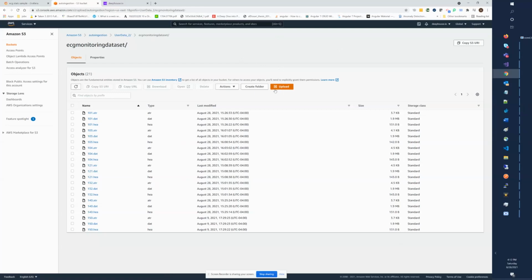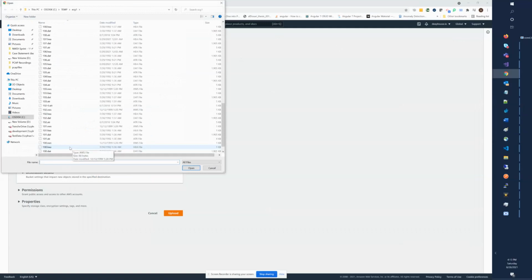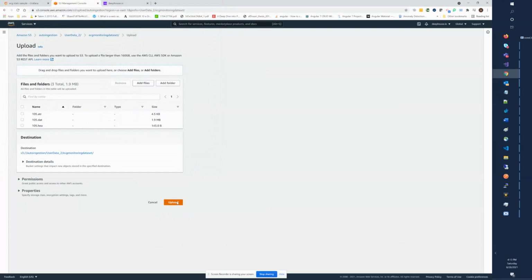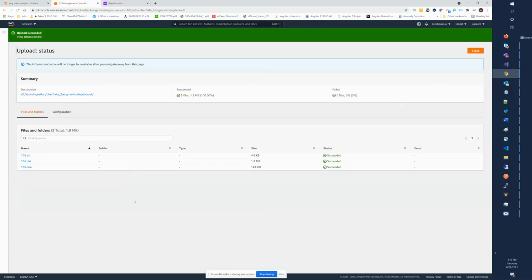So in this sample, let's say we have to upload a couple of HEA files. Let's take patient 105, upload that, and at this point it will trigger the Python script to convert it to CSV, and in turn the whole pipeline that we set up during templating will kick in, and it will trigger the workflows needed, for example, the stats workflow, the learning workflow, and modeling. And if there's any alerts, it will be displayed at the dashboard. So that's the end-to-end solution that we are going for.